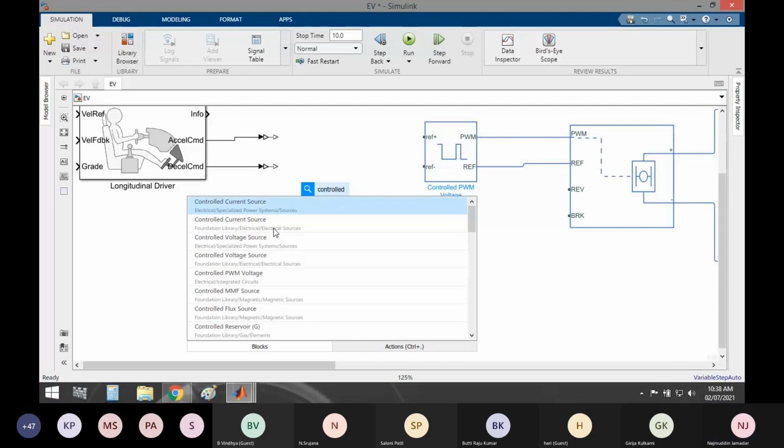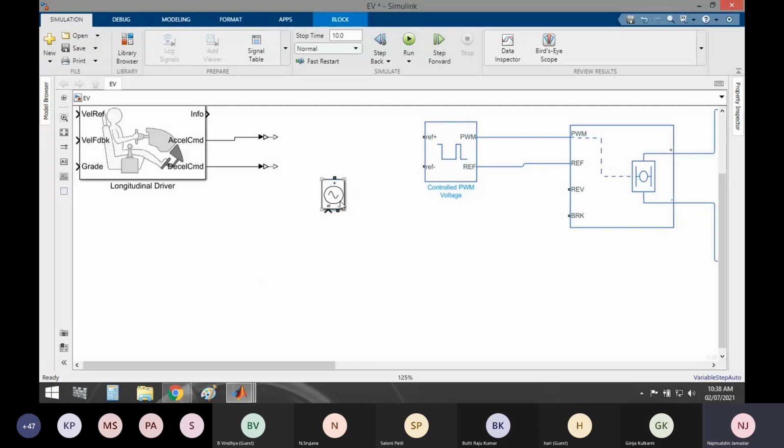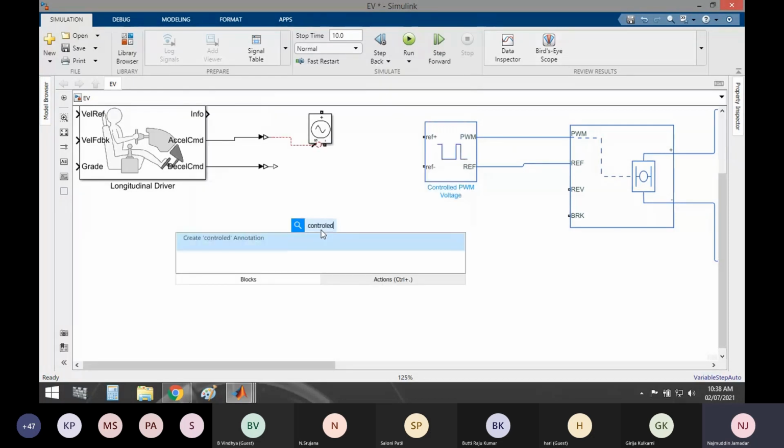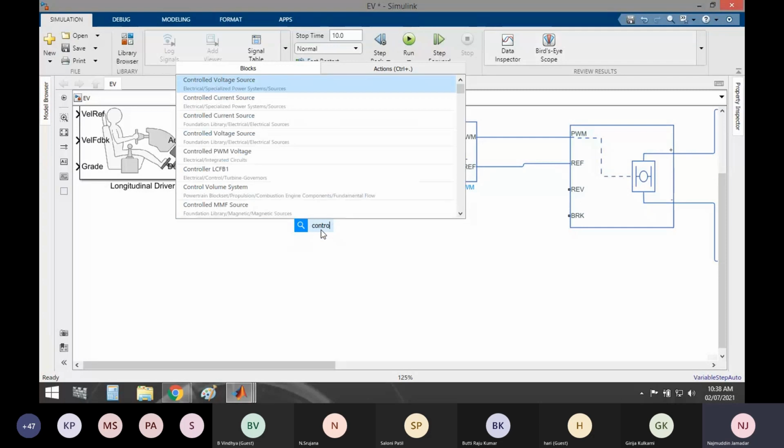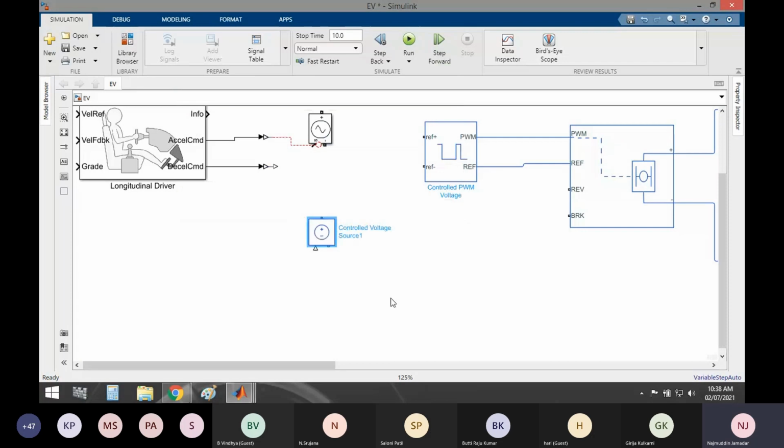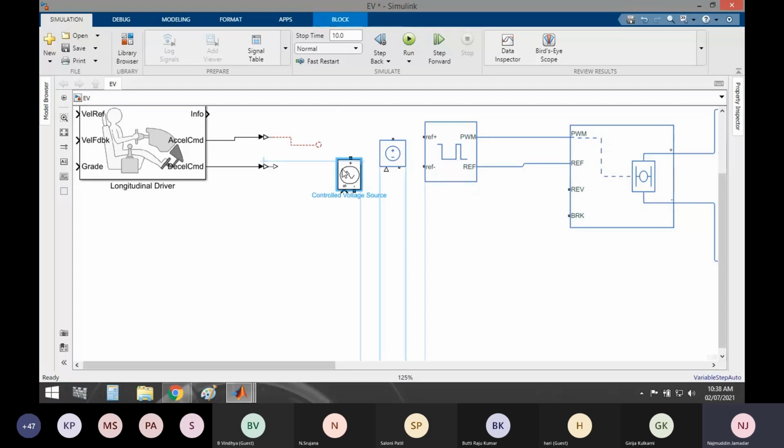So I will type controlled voltage source. There are two types. This one belongs to another library, and it will not connect, so again there will be an issue with the connection. Of the two types of controlled voltage source, this kind belongs to the same library, which is why its outer border is blue. This particular one belongs to another set of the library. So you must select a block from the same library, otherwise it won't connect. So I will delete this.